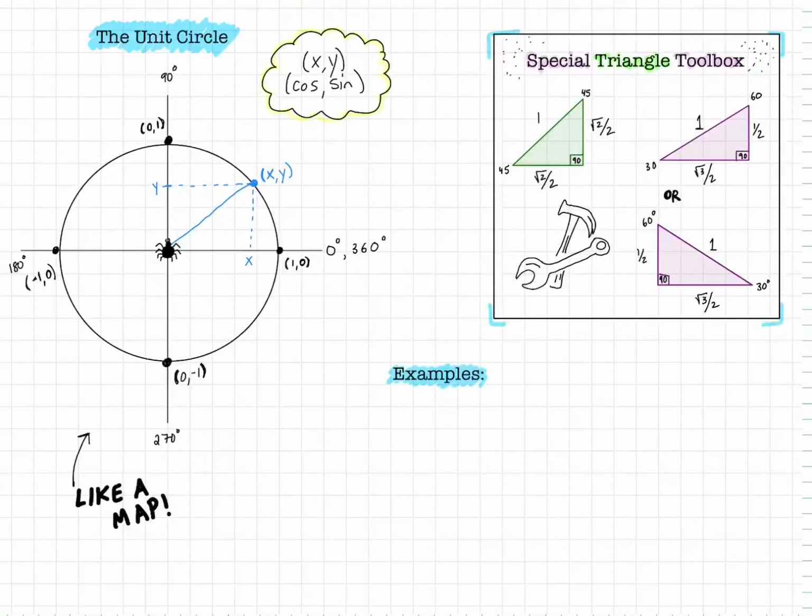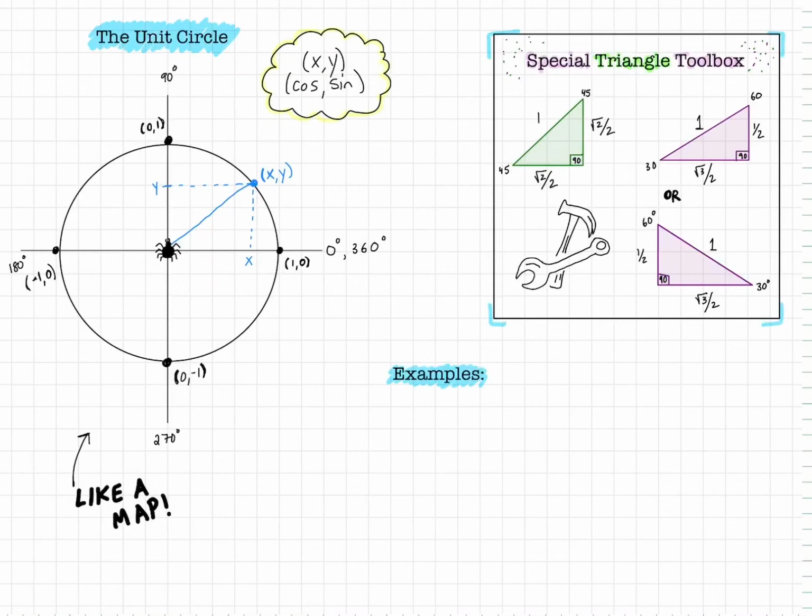In this video, I'm going to show you how to set up the unit circle and how to understand where all of its parts come from. We're first going to start by talking about the green triangle over here on the right, and that's the 45, 45, 90 special triangle. And before we start, I want to say the unit circle can look really intimidating,